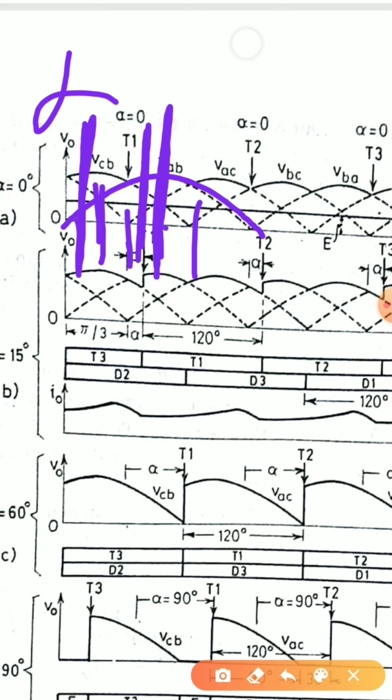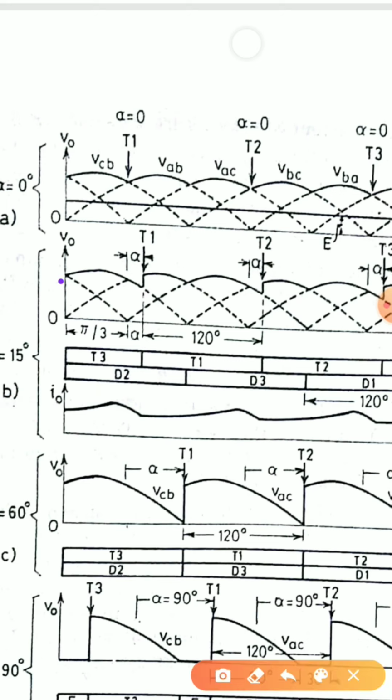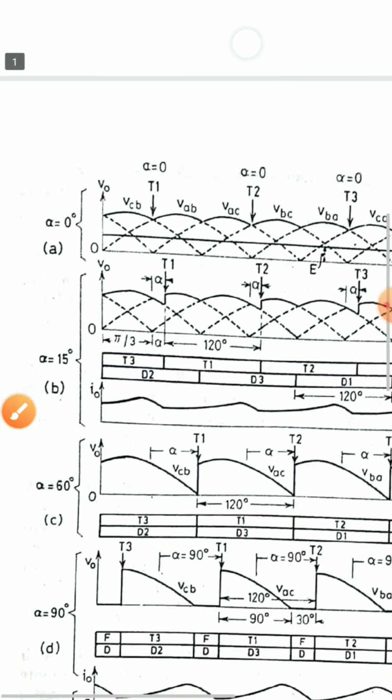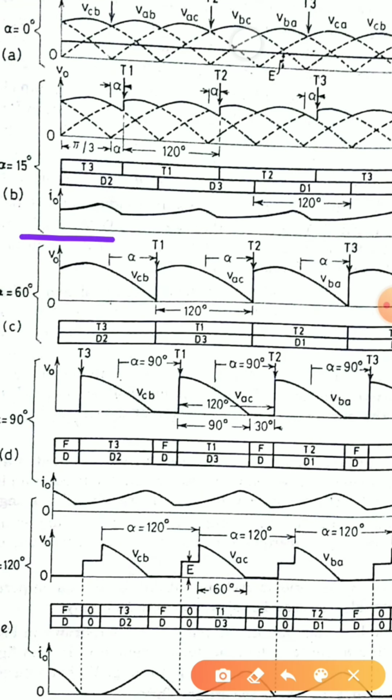In between this, somewhere my thyristor T1 will turn on, and with that I have to add 120 degree. Adding 120 degree, here my second thyristor will turn on. Adding 120 degree again, my thyristor T3 will turn on. From this waveform we can clearly see that from this portion T1 will start conducting. So VAB it will conduct, VAC it will conduct, then T2 will turn on, VBC it will conduct, VBA it will conduct. Compared to the previous portion, there is conduction, but we can see that the duration of VAB has reduced. In a similar manner, moving further for 60 degree, we'll just stop here.